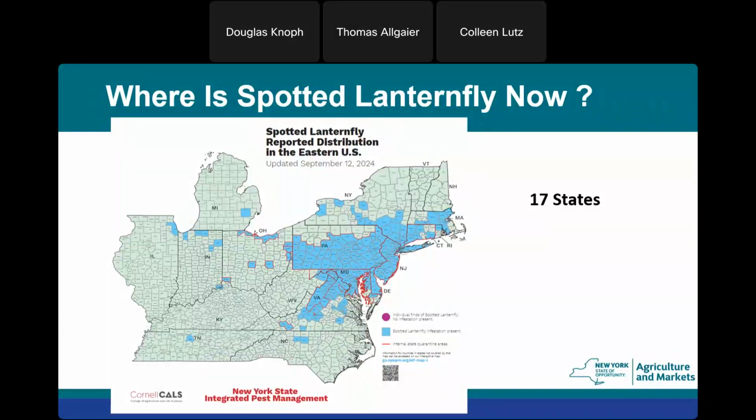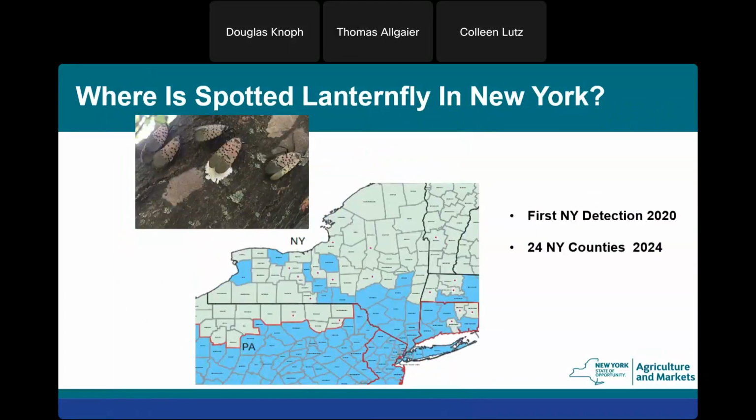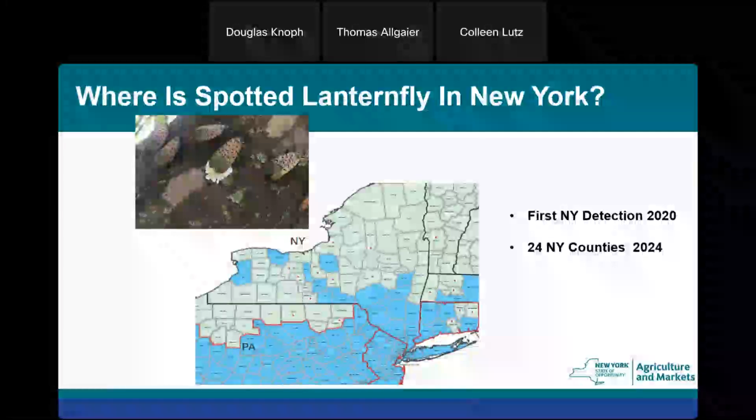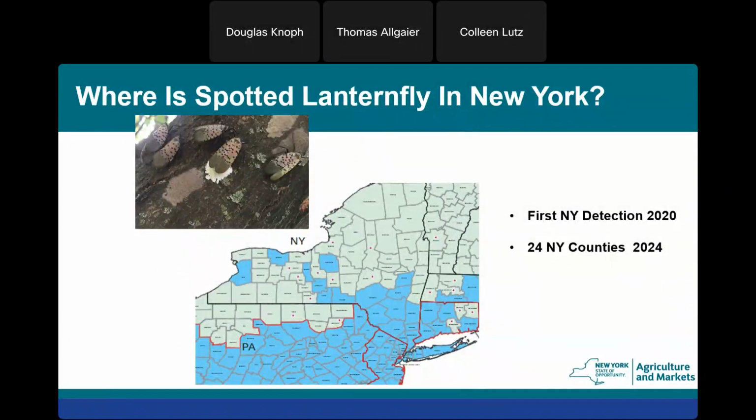So next page. When we zoom into the Cornell Integrated Pest Management map of New York, we can see here that there's 24 counties, 25 actually as of today, but the map has not been updated to include Livingston County, I believe it was. Yes, Livingston County. It was recently added this week.